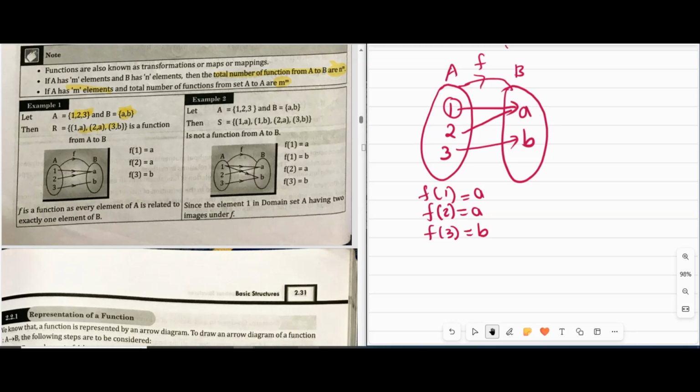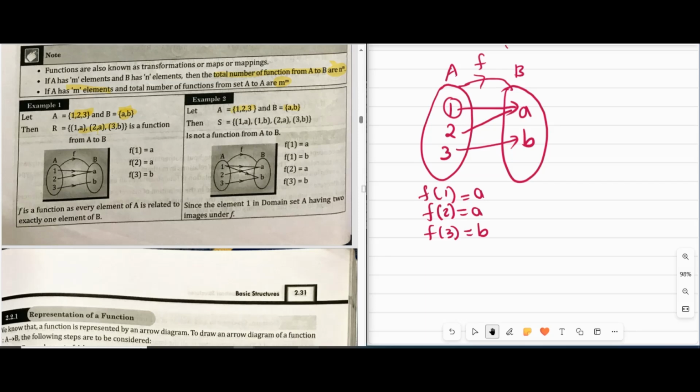F is a function as every element of A is related to exactly one element of B. So here, why is it a function? Because every element of A has one image. If it has one image, it is called a function. Okay, so next, the other one is: